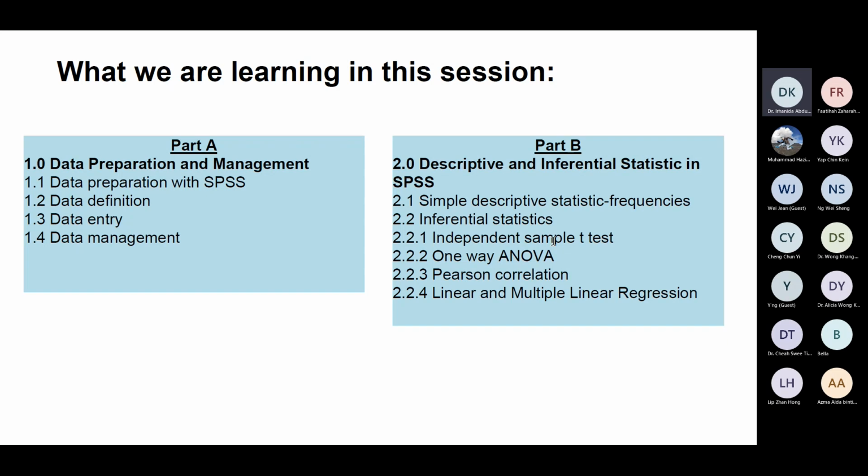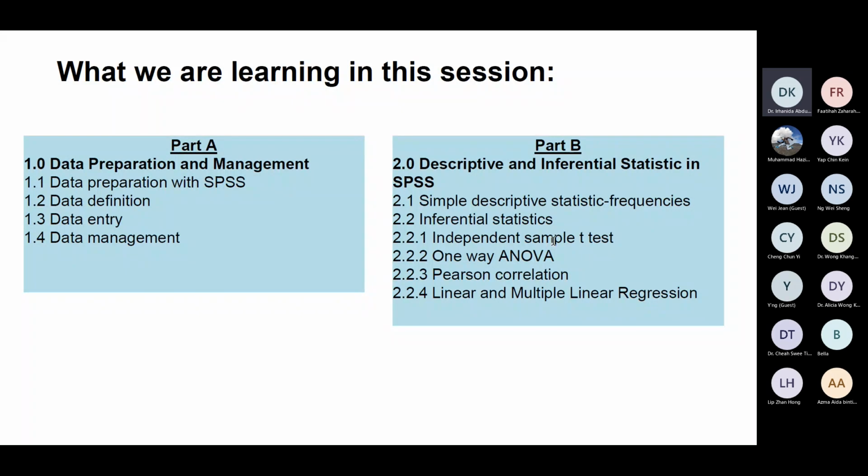And in part B, we are starting to use the analysis already, where there are two types of analysis that we are going to go through today. Number one is descriptive and inferential statistic, where I'm just going to cover the simple descriptive statistic, which is frequencies.